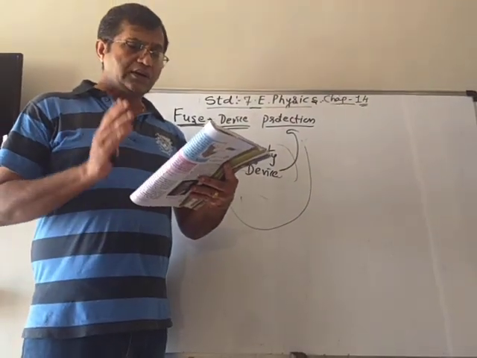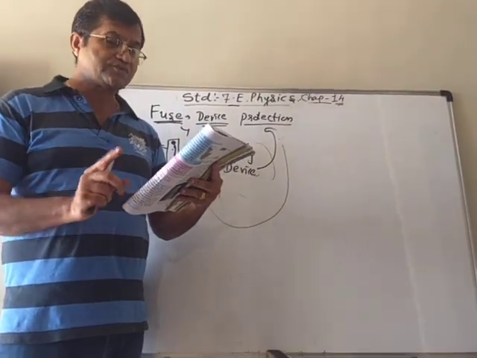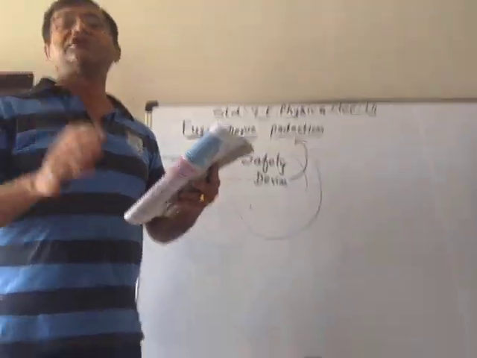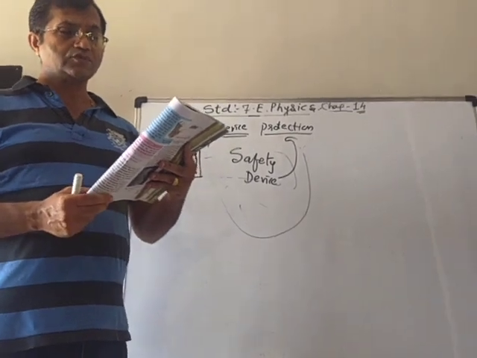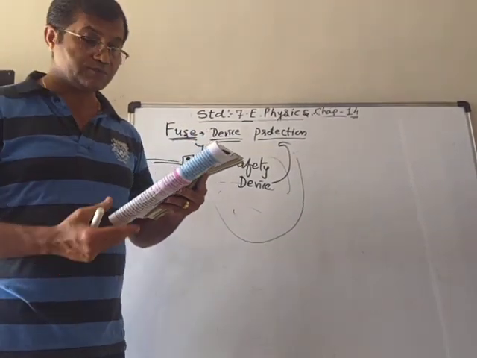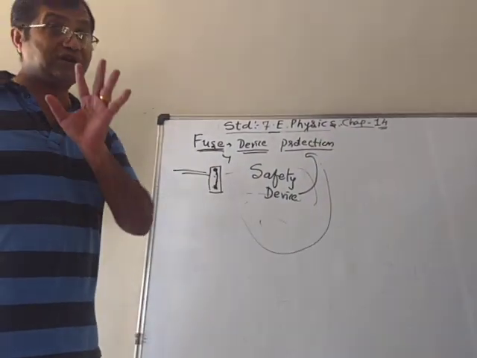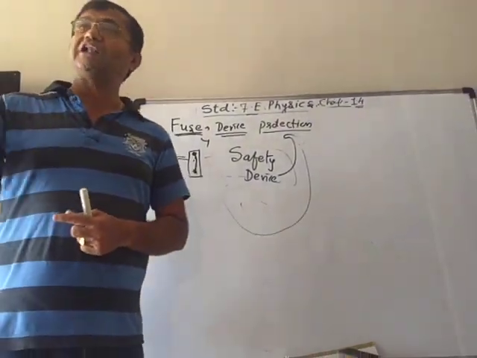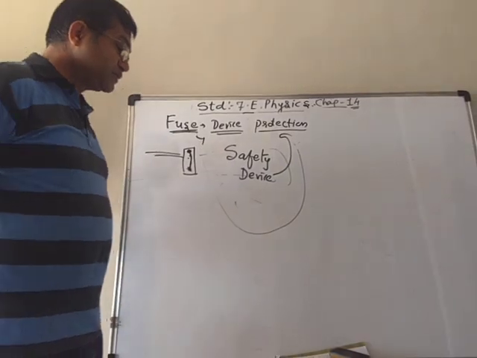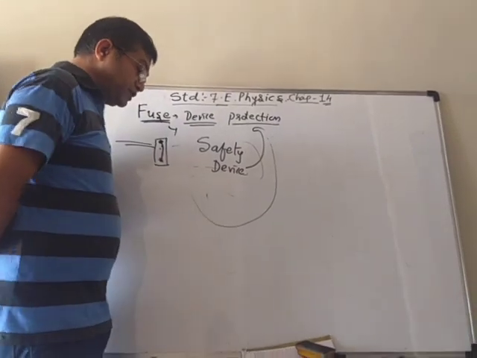Now, never try to investigate an electric fuse connected to the main circuit on your own. It means that if you want to understand about it, you mustn't do it yourself. You can ask an electrician or the electric repair shop to show you, then they can show you. But don't open it yourself. Yeah, you can see it from the outside, but don't touch it. How does it look? You can tell your elders, please show me that fuse, then they can show you. But don't try to do it yourself. Or you can go to the electric repair shop, they will also guide you.